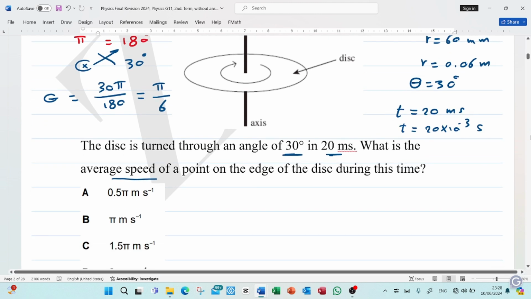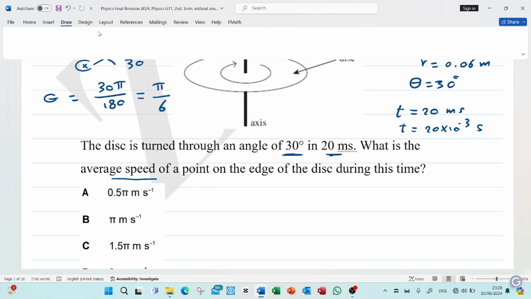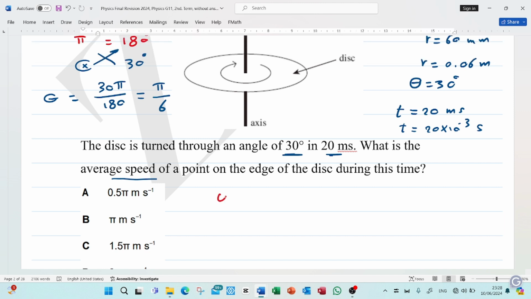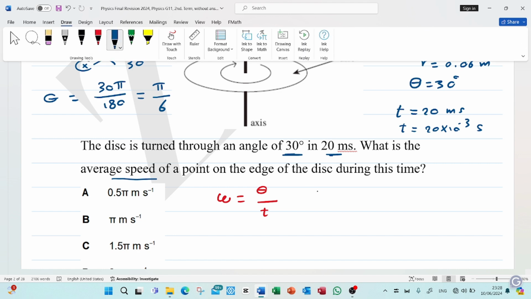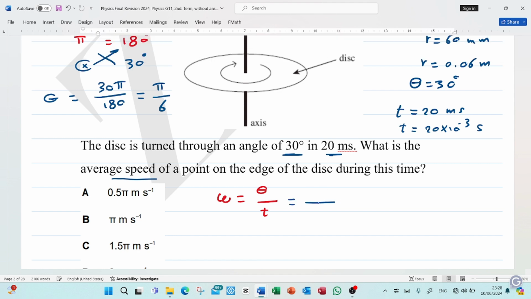v equals omega r. So we need omega. First of all, we calculate omega. How can we calculate omega? From the formula sheet, omega equals theta over t. But theta must be in radian and t in second. Angle theta in radian is pi over 6, over t, not time period, 20 multiply 10 power negative 3. The answer is